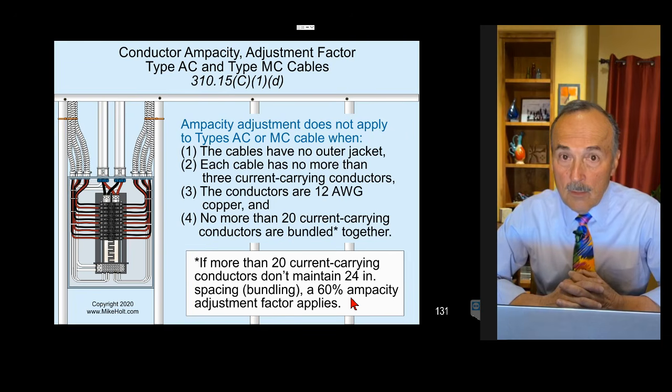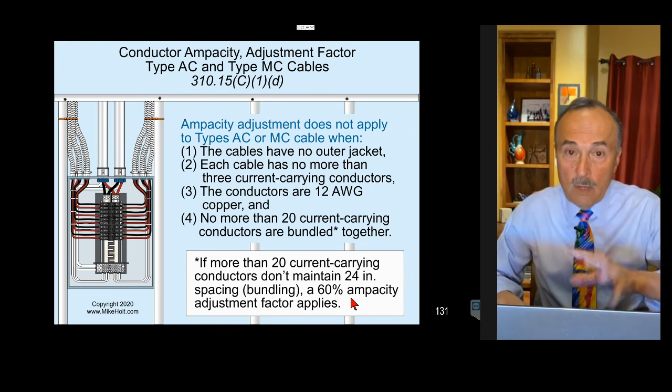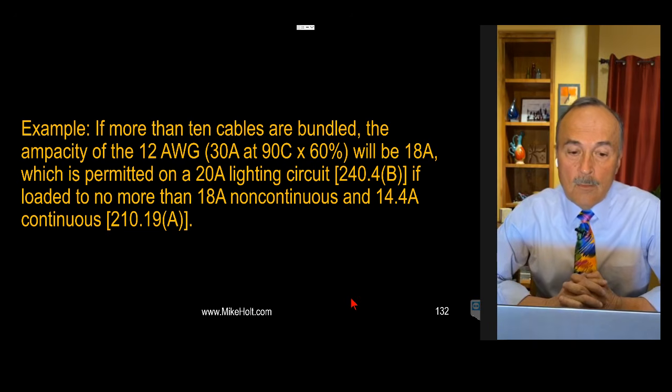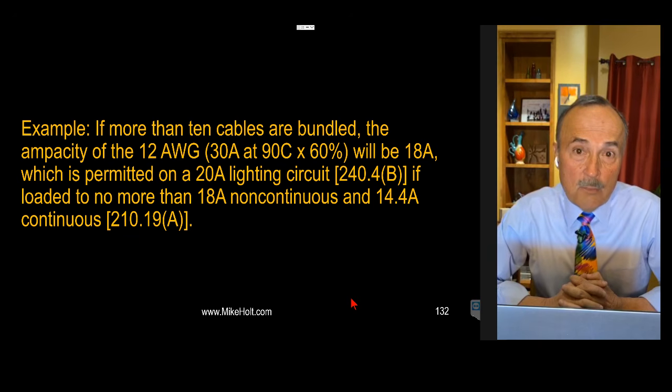Whatever. If that's wrong, we'll fix the text there. Okay, so if more than 10 cables are bundled together, I should say if more than 20 current-carrying conductors in cables are bundled together, the ampacity of 12 gauge wire, which is 30 amperes at 90 degrees C,